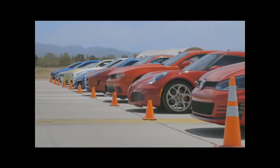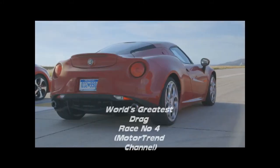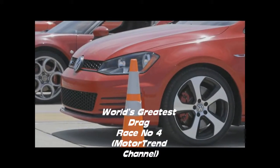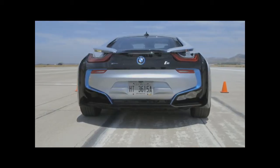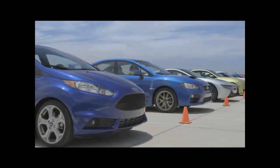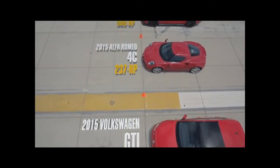Here's what we've gathered on this go-around. A mixture of the enthusiast car market, from carbon fiber lightweights to front drive hatchbacks to German powerhouses and the best American muscle and everything else in between. The lineup goes like this: Volkswagen GTI, Alfa Romeo 4C,